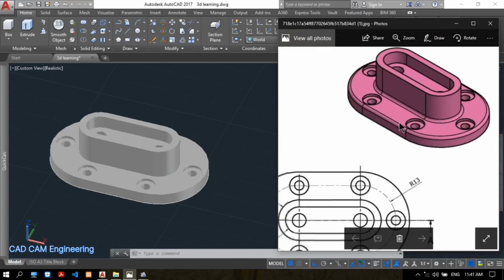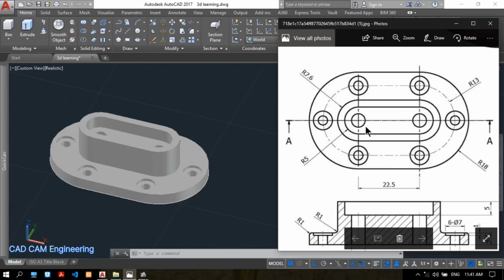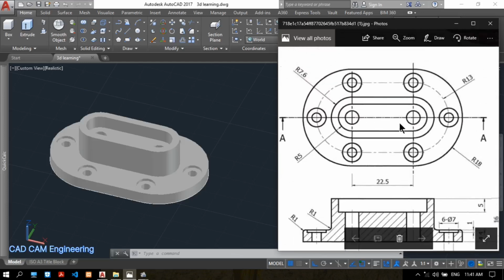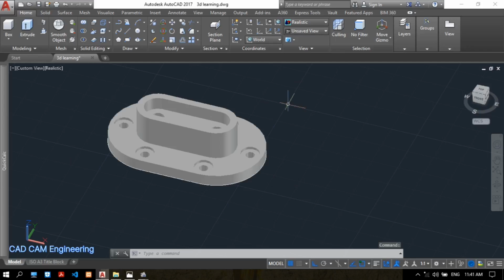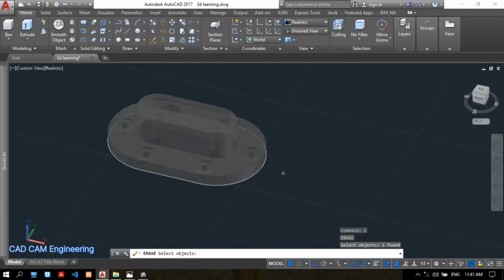Okay, to draw this 3D model, we have the sketch. Here is the top view and this is the side view, and the section view A-A. So to draw this, this is my drawing. I will delete, erase,